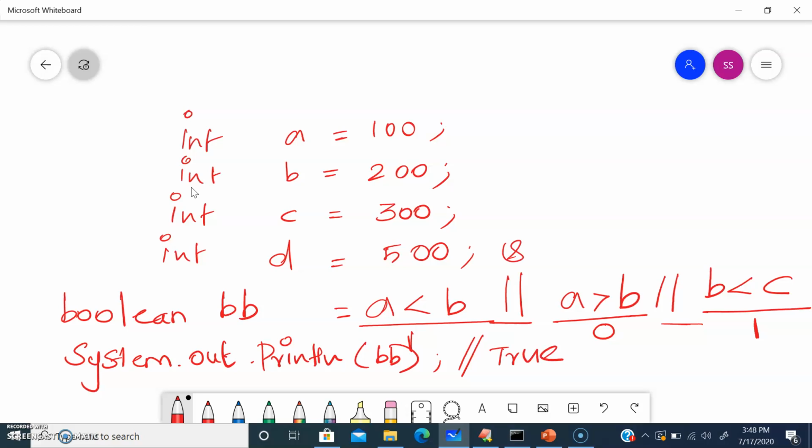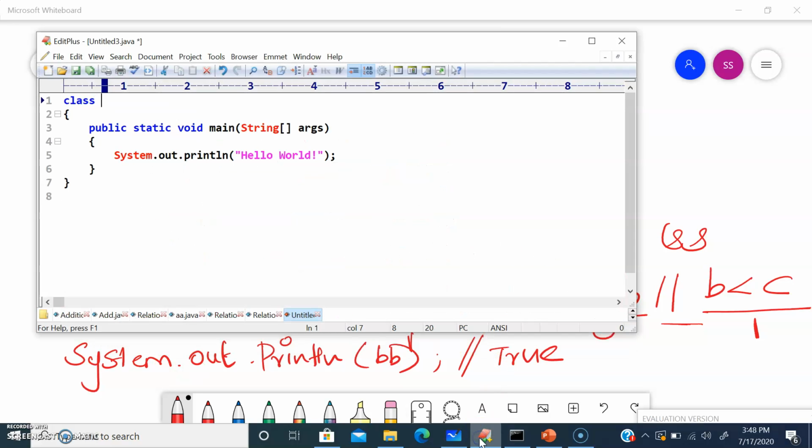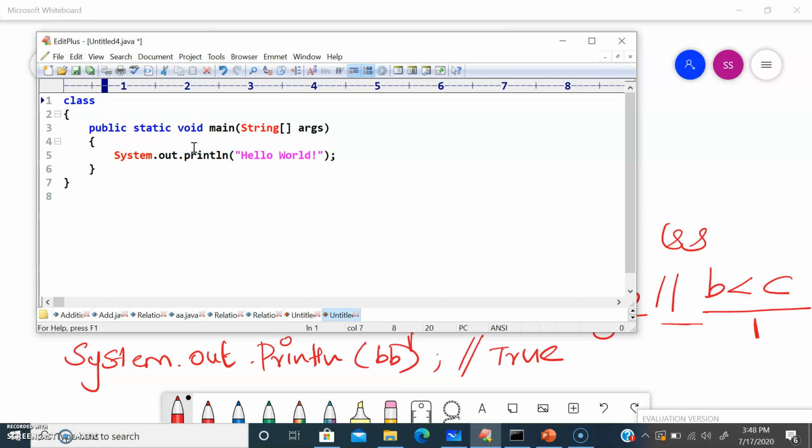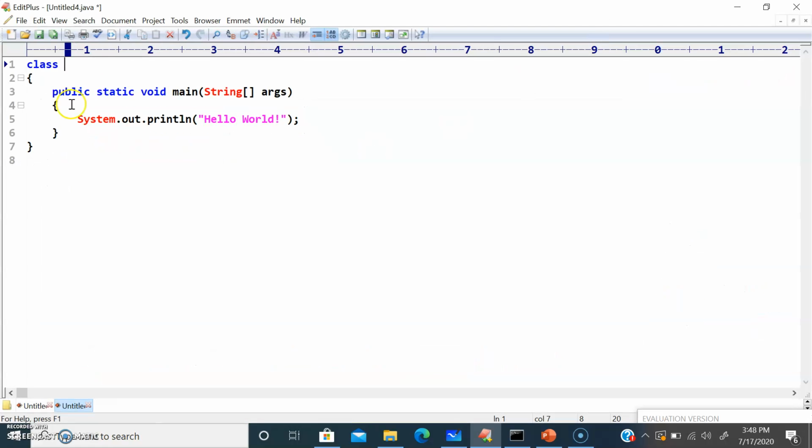If instead of the OR operator I use AND over here, it is going to return me false. So let's see a sample program on this. So let me make it a logical one.